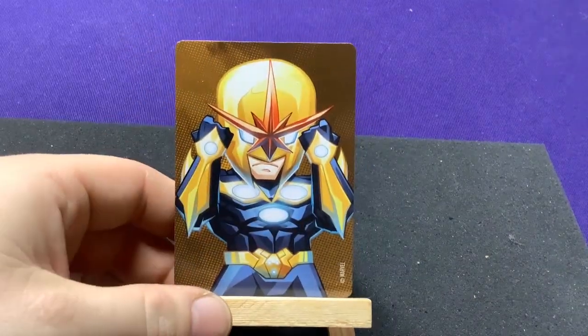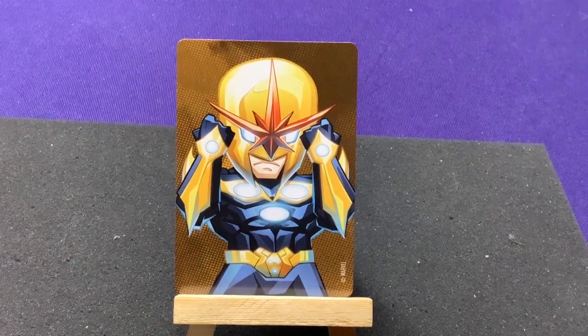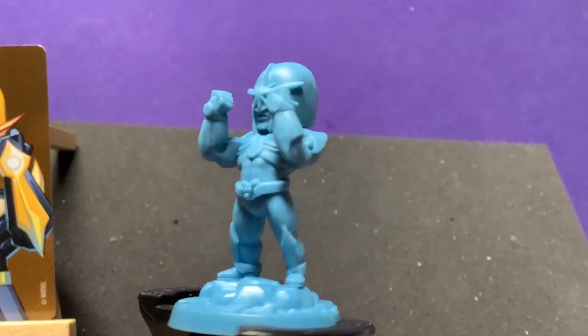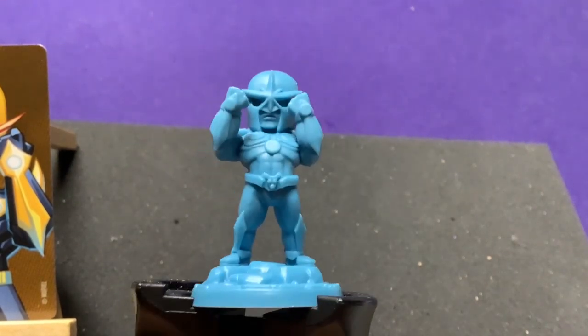So we're going to start with Nova Prime, Richard Rider. We already had a Nova in the first series, but that was Sam Alexander, the newer, younger version. This is the original Human Rocket, part of the new...